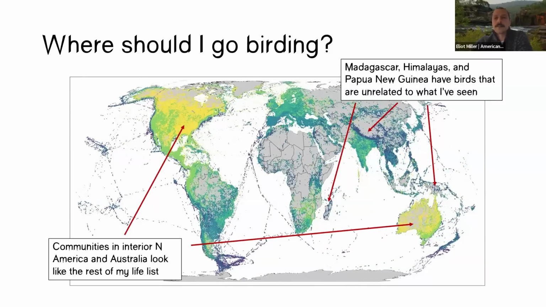This is a good way to think about places where you could go to see species unlike what you've seen before. I had to come up with a few new measures to get there. One that I'm showing here is the average evolutionary uniqueness of all the species in a community as compared with my life list. So this is driven by the average uniqueness of species in the grid cell, independently of the number in each grid cell. It's simply a measure of how unique those species are as compared to my life list.